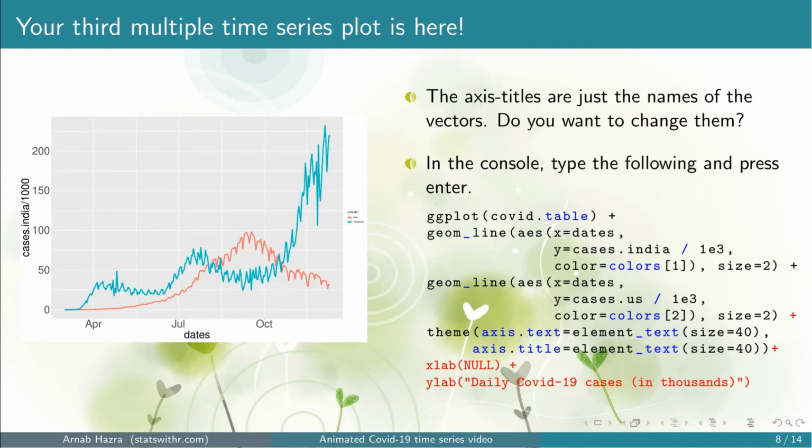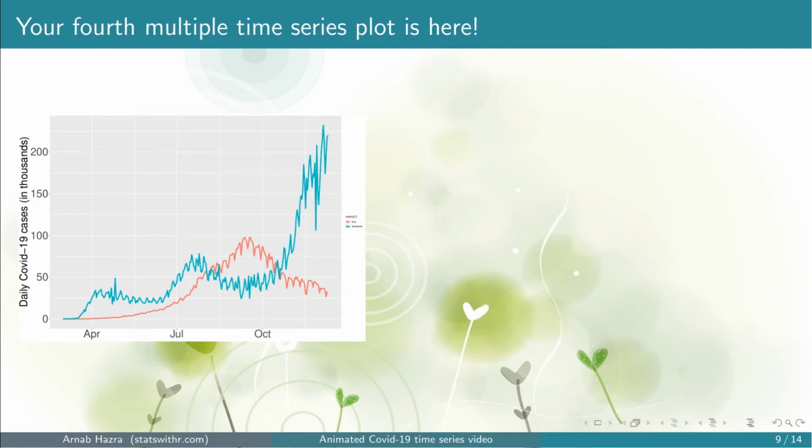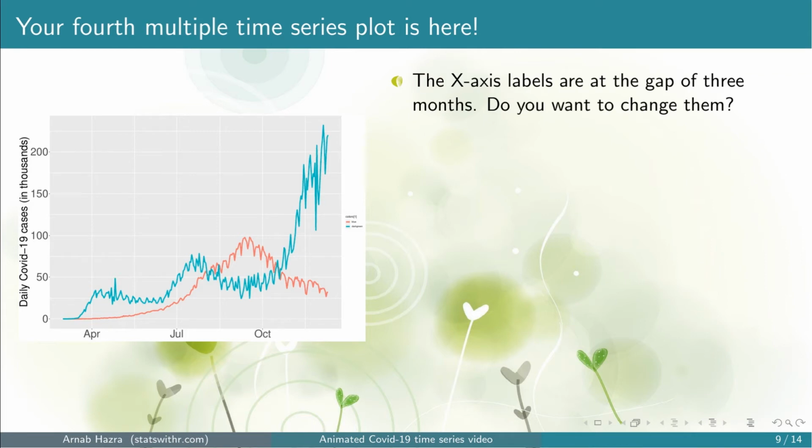Now press enter. OK, you get your fourth multiple time series plot. You can see that the axis titles have changed. Next, note that the x-axis labels are at the gap of 3 months. You might want to change it, for example, at a gap of 2 months, similar to the single time series